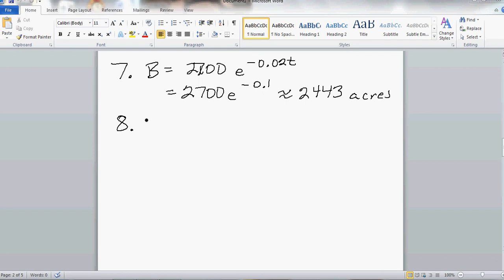Example number 8. Okay. We have to assume that it follows Newton's law of cooling, which is shown there, U equals T, all that business. And it's just a matter of knowing what each of those means. Okay. So U represents the final reading of the thermometer. So that would be 73. T represents